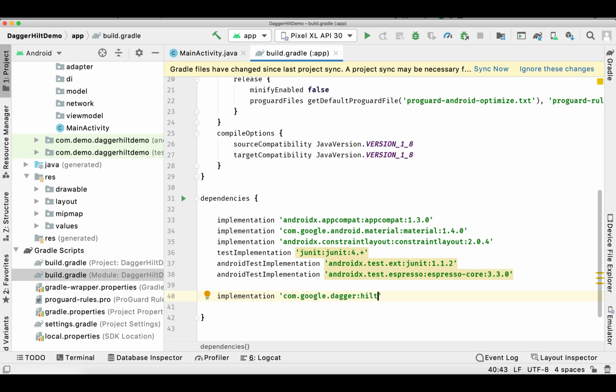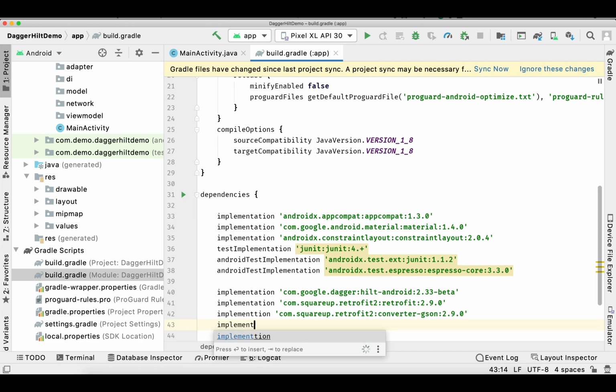First of all, we need to add dependencies. I'm adding all these dependencies manually, and I'll provide them all in the description section. I'm adding first the Hilt dependency, then Retrofit. When we add Retrofit, we need to add the converter. So this is the converter dependency,